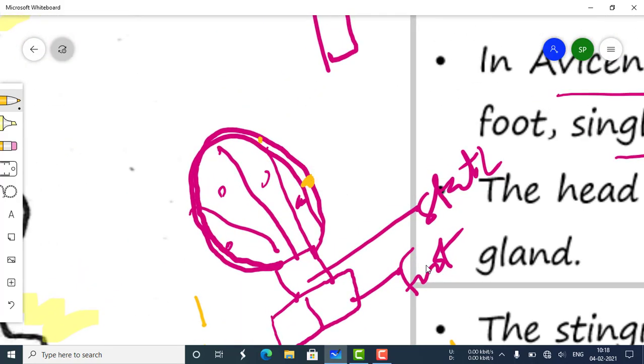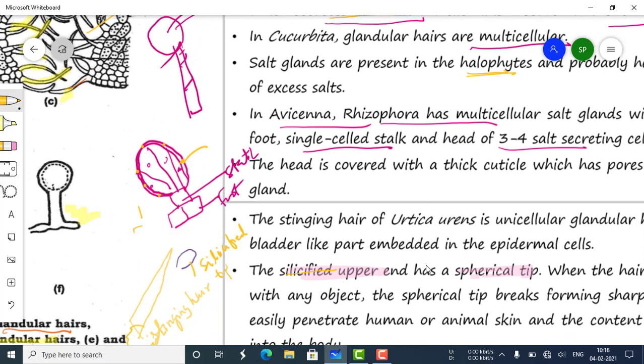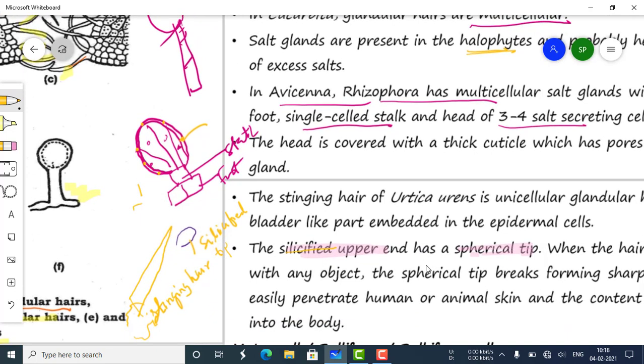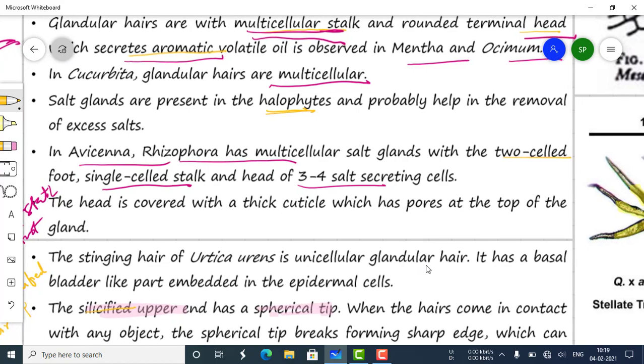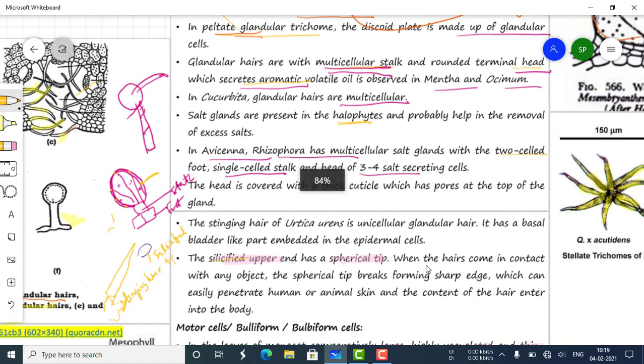Let me show. This is a cuticle, and such minute pores are present in this cuticular region. Through these pores, the content present within this gland exhausts out. What is the content? These are the salt glands. Whatever salt is present inside these glands is secreted out through these pores. Salt glands are present in the halophytes, that means mangrove plants, and probably help in the removal of